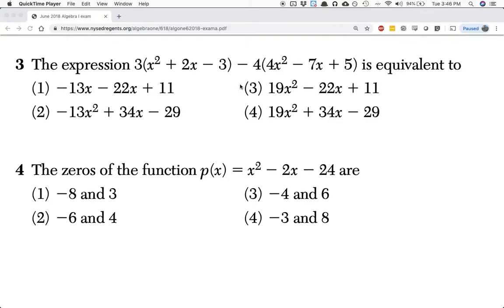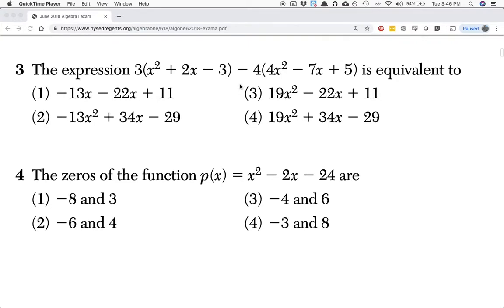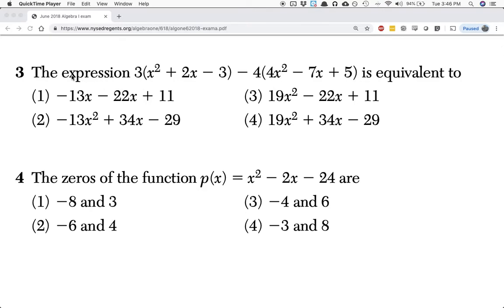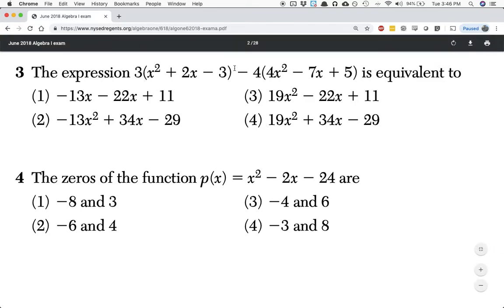All right, we are looking at June 2018, question number 3. The expression 3(x squared plus 2x minus 3) minus 4(4x squared minus 7x plus 5) is equivalent to one of these four. Now either I can start distributing and then combine like terms, or if you don't want to do that,